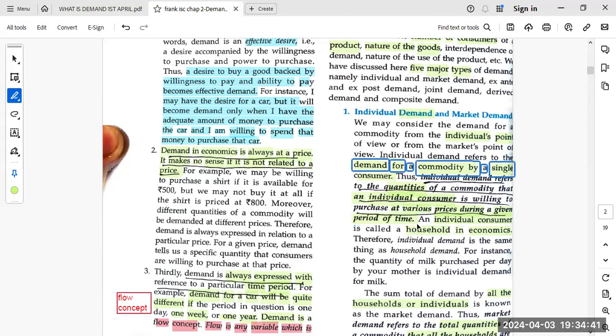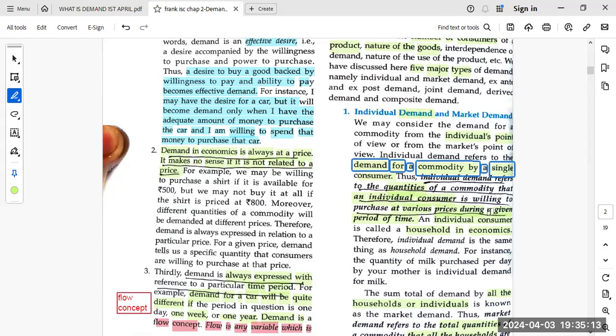I'm trying to point out to you how you can remember definitions. If you just remember the definition of demand, from the definition of demand, you can derive the definition for individual demand just by adding the word individual. Is that clear? See how easy it becomes? And now when you replace the word individual with market, what will it become? Market demand.